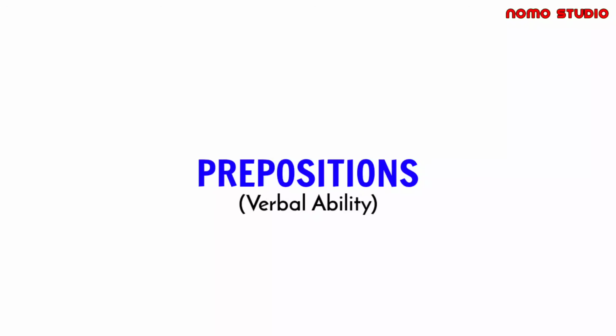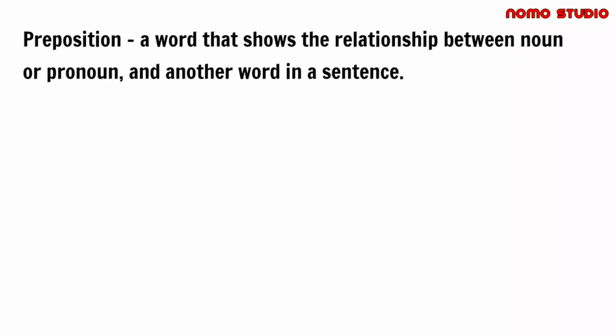So for now, let's start with our review. But first, ano nga ba ang ibig sabihin ng preposition? Kapag sinabi po nating preposition, it is a word that shows the relationship between a noun or pronoun and another word in a sentence. It usually shows the position or direction of something, the time when something happens or how something is done. Ito po yung mga common prepositions na ginagamit sa isang sentence. In, on, at, to, from, with, and by.